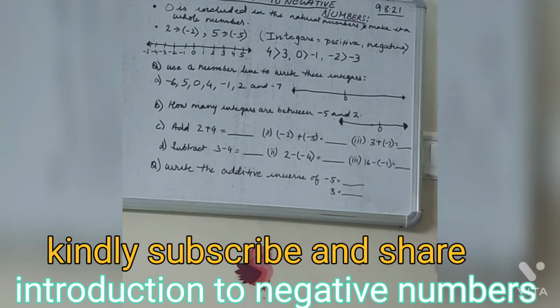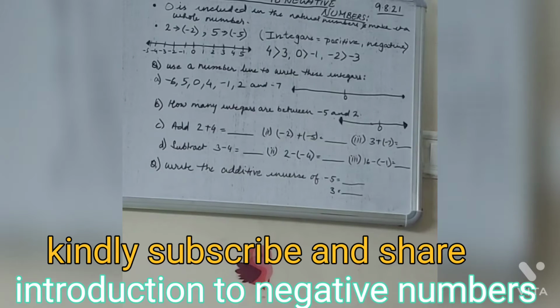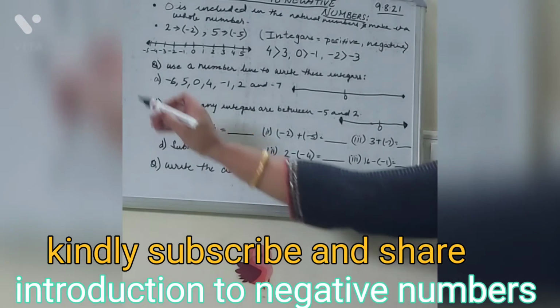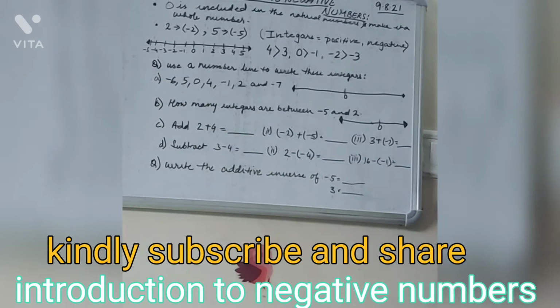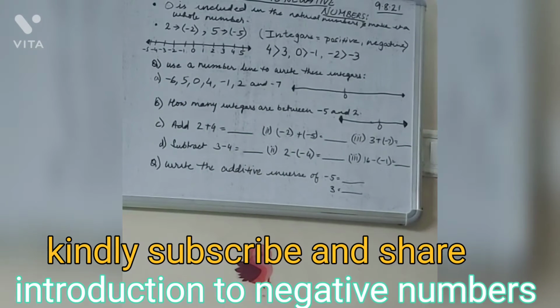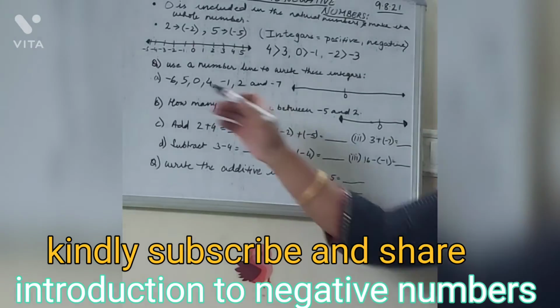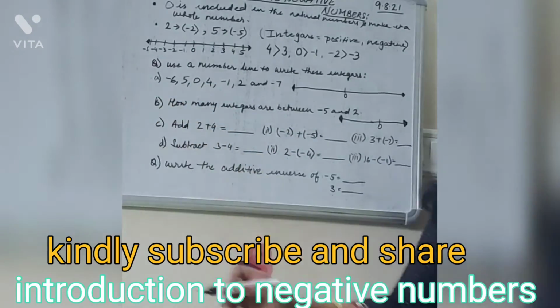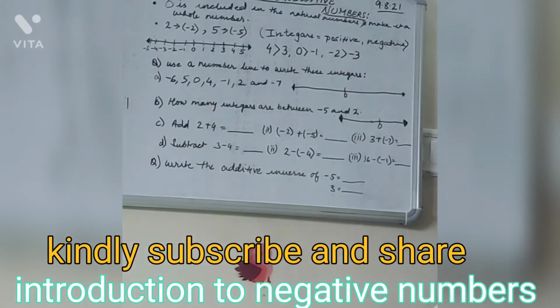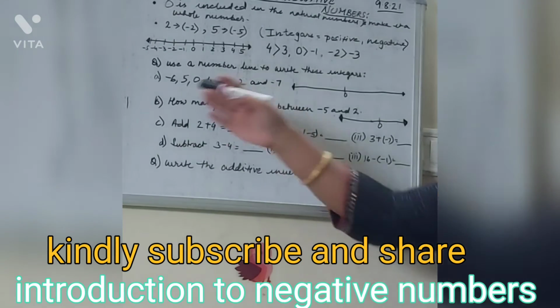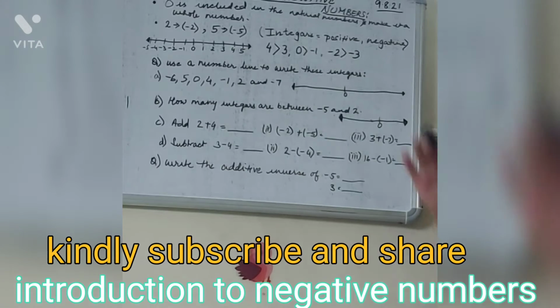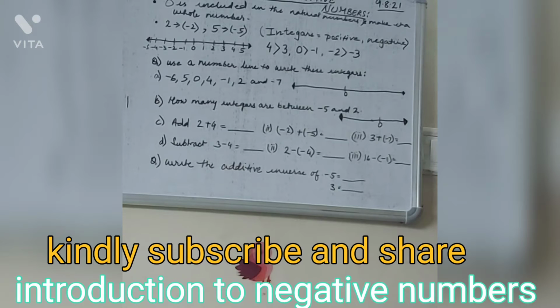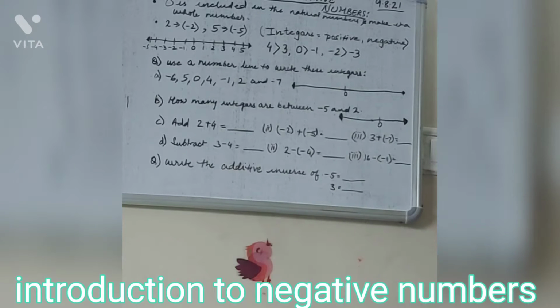Positive numbers are just natural or whole numbers. Now, let me tell you what natural numbers are and what whole numbers are. When we start counting from 1 onwards, 1, 2, 3, 4, 5 and onwards, they are natural numbers. But when we include 0 and then 1, 2, 3, 4, 5, 6, 7 like this, then they are called whole numbers. So a whole number starts from 0, whereas a natural number starts from 1. And as we all know, all these natural and whole numbers are positive numbers.